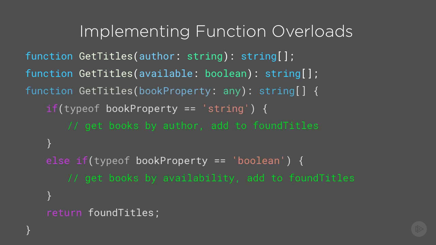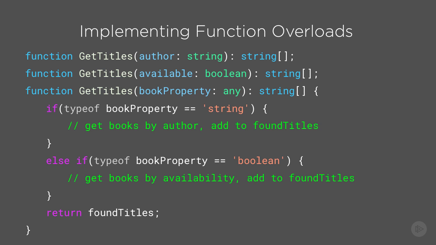I now need to provide the implementation function. Since there will only be one actual implementation, but it needs to work with both string and Boolean parameters, I'm going to declare the type of the parameter on the implementation to be any. Then, inside the function, I have to check the type of the parameter and execute different conditional logic based on